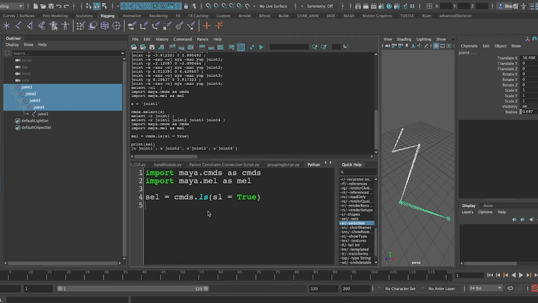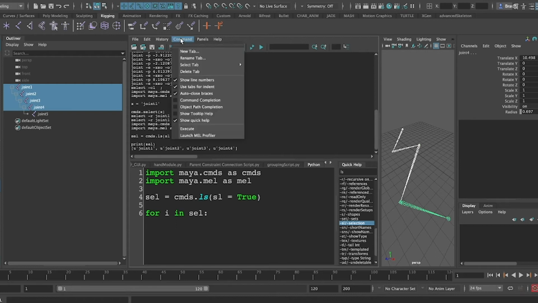Afterwards, we've now got a list of items, and now we want to execute a bunch of commands on them or build a rig for them, just to keep things a bit simple. So for that, we need a for loop. We're going to type for i in cell. And after we do that, now that I put the colon in there, you'll kind of see what I'm referring to about indentation. Before I do that,